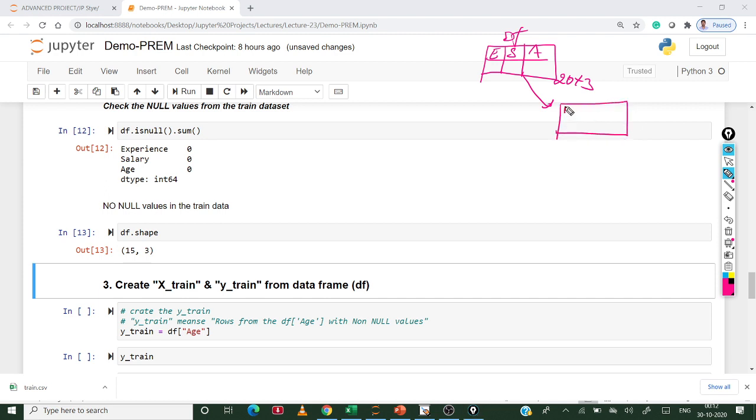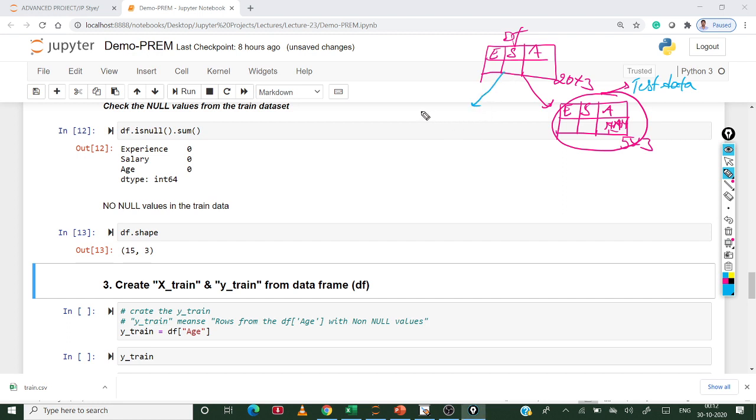E means experience, S means salary, A means age. This data frame shape is 5 by 3, and it contains the null values NA, NaN, NaN. So this data frame is considered as the test data.